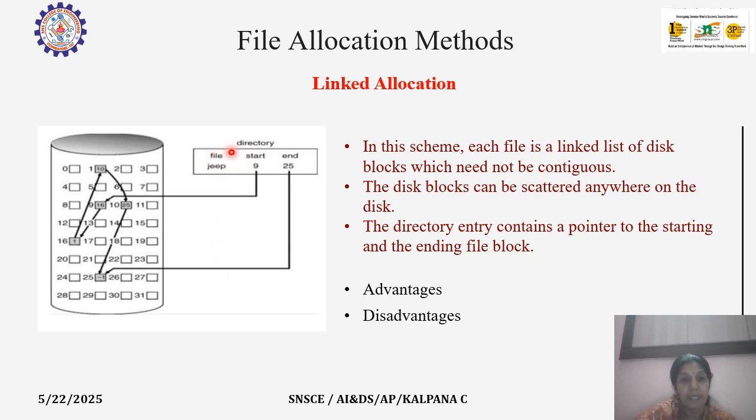Here the file name is Jeep, and the starting address is 9, which means the starting block is 9 and the ending block is 25. Let's see how this is linked. Starting is 9, so just go to the ninth block. When you go to the ninth block, you'll have the file content as well as the next block's